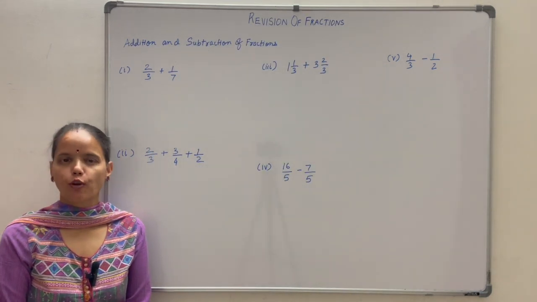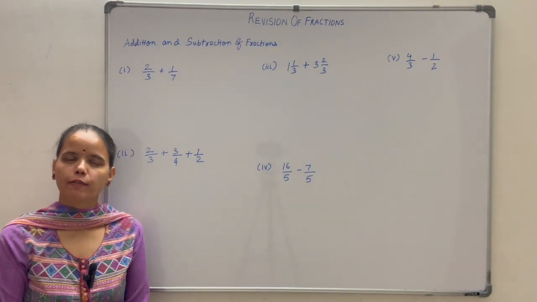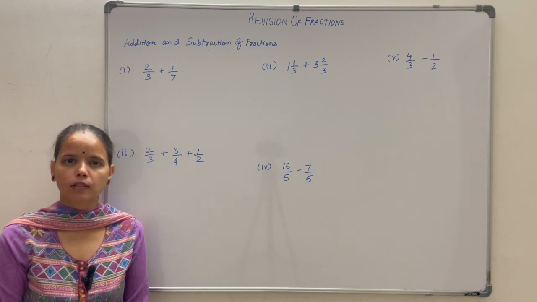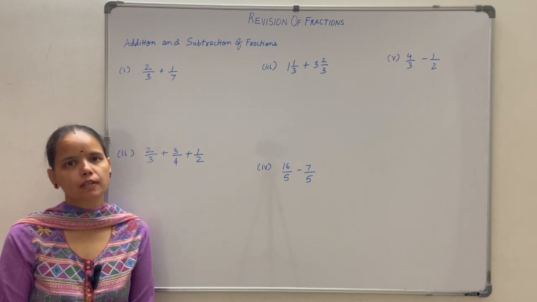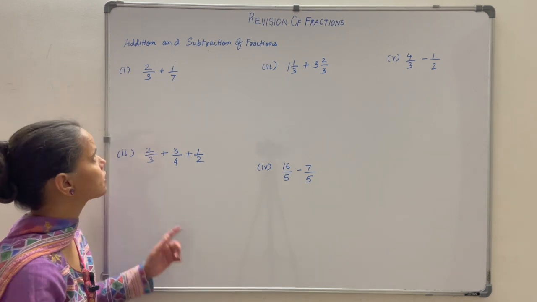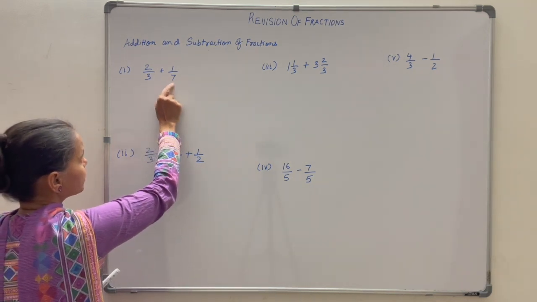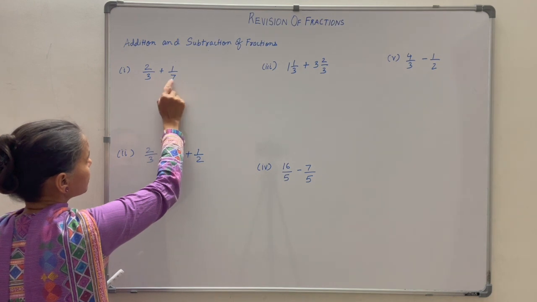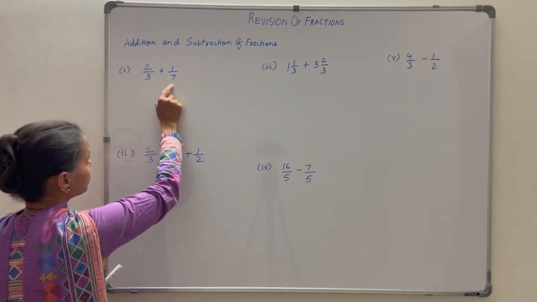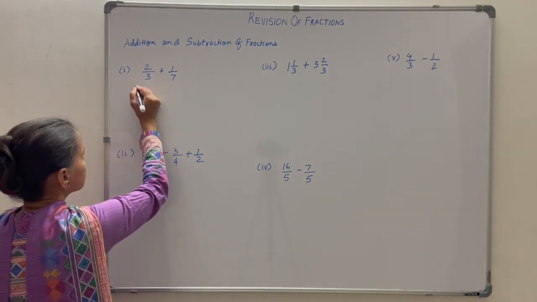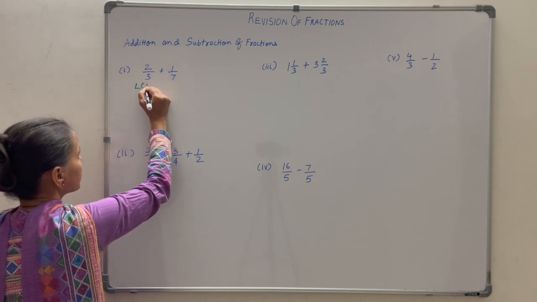Addition and subtraction of fractions. Whenever fractions are added or subtracted, the denominators must be the same. Let us take this question. 2 by 3 plus 1 by 7. So here the denominators are different. Here it is 3 and here it is 7. So you need to find out the LCM of 3 and 7. So LCM of 3 and 7 is